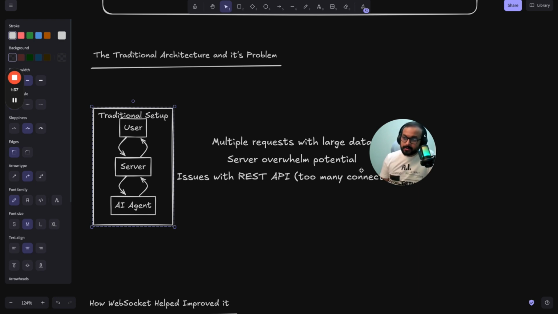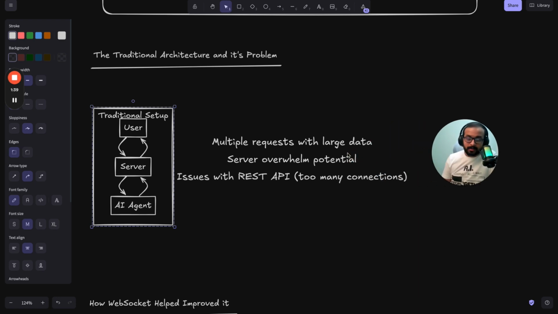So that means when you send multiple requests with large data, it is likely to overwhelm the server. Plus, as you are doing so many API calls, even for, let's say, the state changes in between the AI agents when you are communicating, that will create too many connections. Even when one client is just communicating with your AI agent, it's creating too many connections, and that will